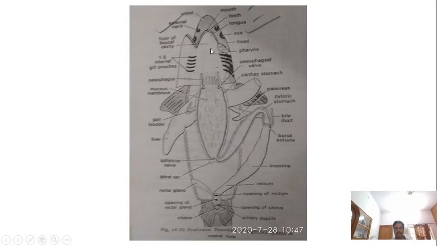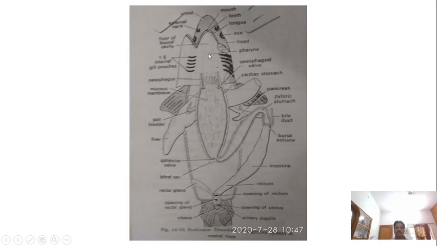The buccal cavity has polyphyodont and lyodont teeth. Polyphyodont means teeth can grow many times, and lyodont means they are present in many rows. So this is the important structure in the mouth of Scoliodon, the teeth, which helps in feeding. Next, pharynx. You can see this is the region of pharynx,